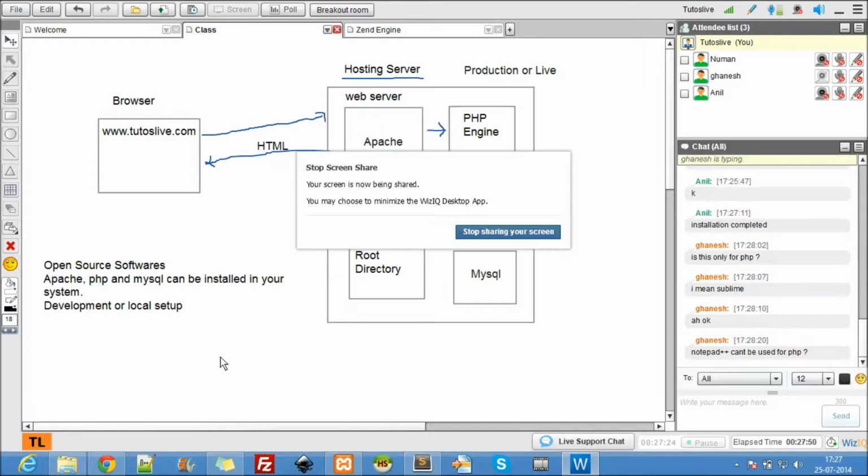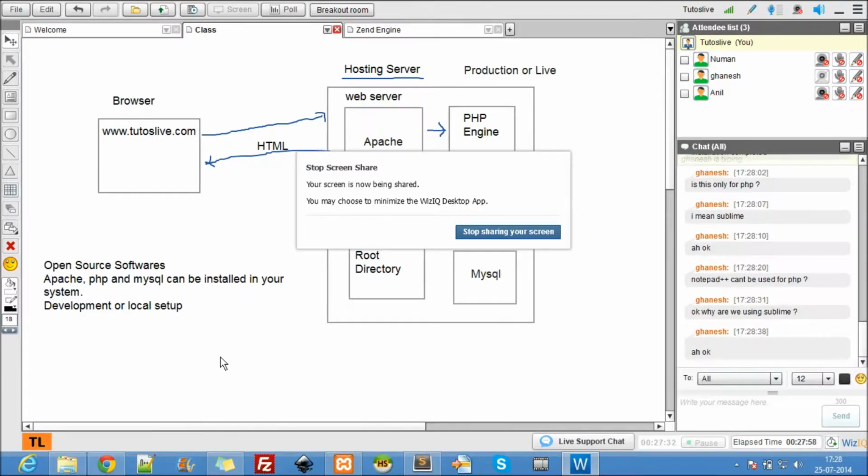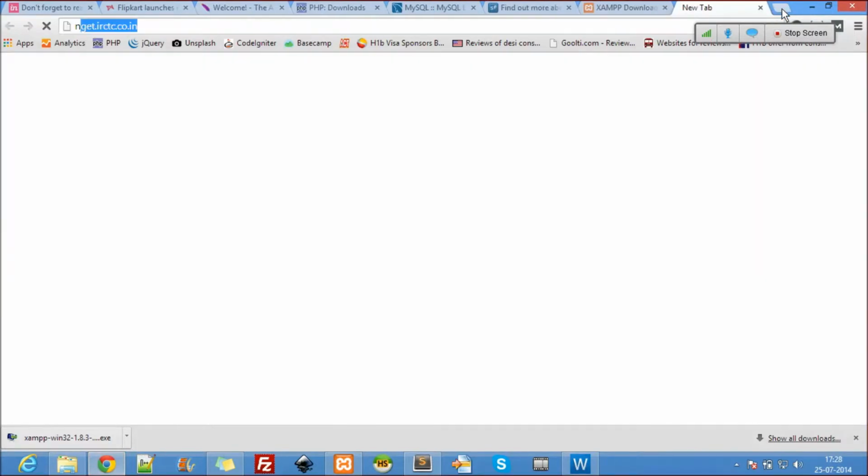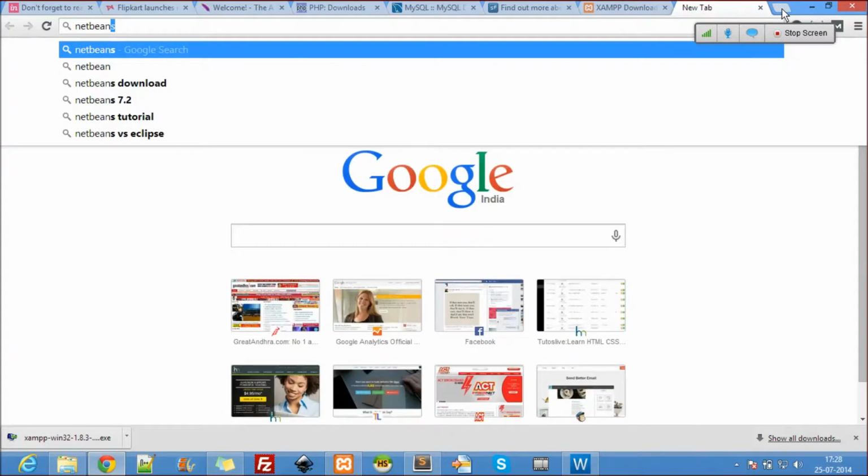You guys remember what the steps are to be taken care of? I like Sublime Text. It's a black editor with autocomplete and auto comments. That's why I like the Sublime editor. Whereas Notepad++ does not have that much control, and NetBeans has more control. So NetBeans IDE, I'm going to show it here, is a very powerful IDE for PHP.